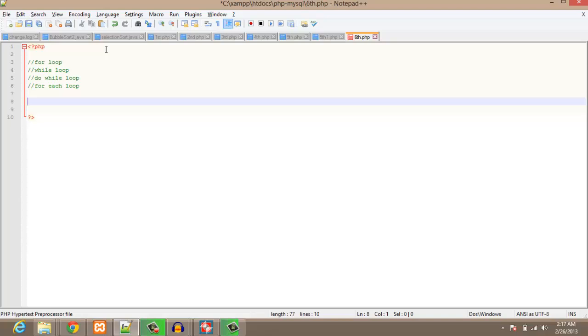So first we are going to look at the for loop, and in order to use a for loop we have to initialize the variable first. So first comes the initialization part. So I will initialize a particular variable called $i equals 1, let's say, over here, and then the next step is the condition part. So the next is $i is less than or equal to 10, let's say, and $i plus plus. Okay,